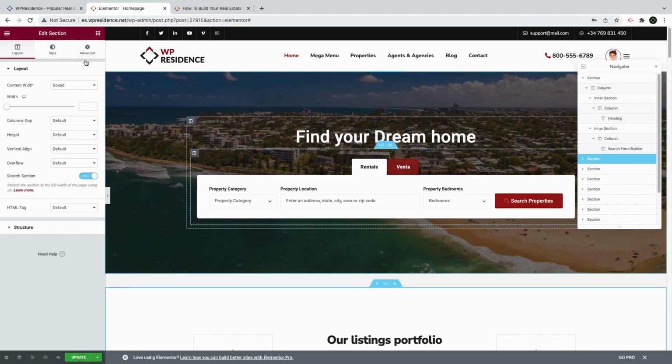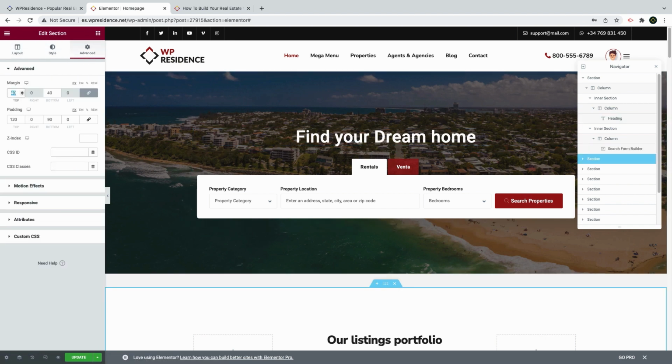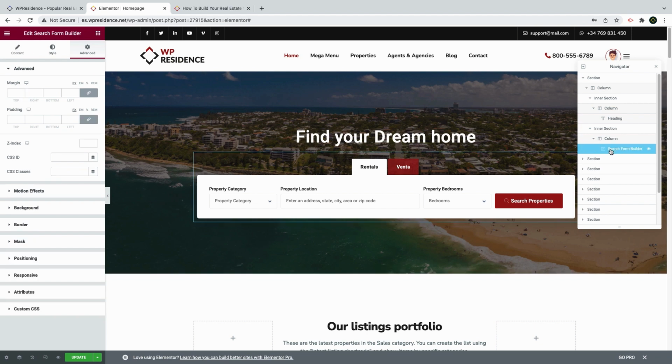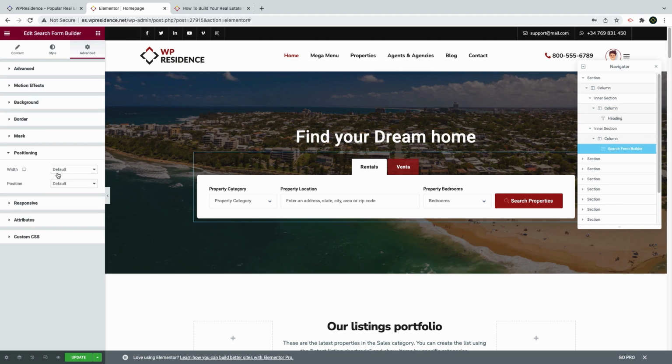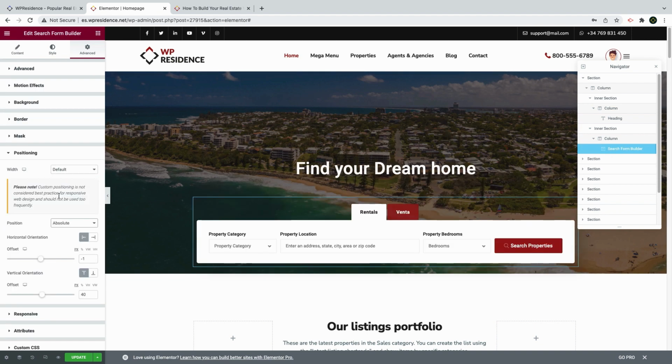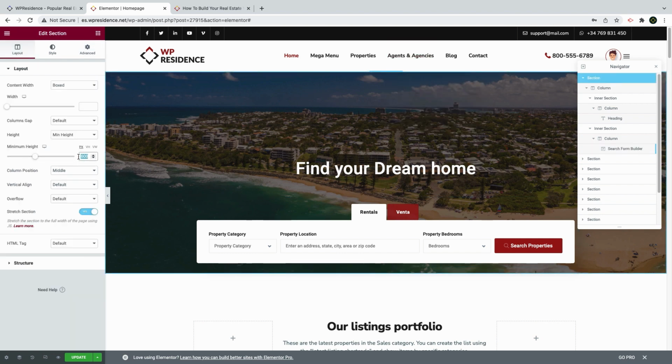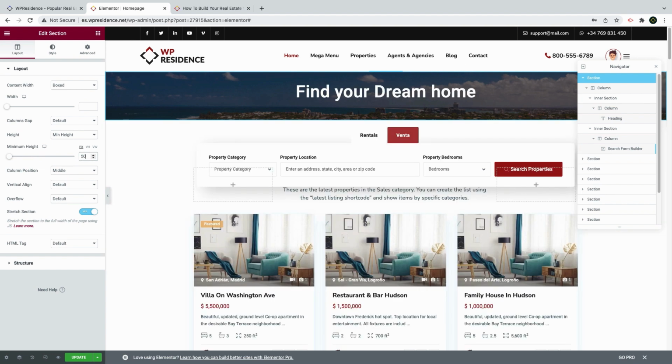I will show you how we can finish the position of the search form builder. First, we will remove the margin we set at the beginning, and now from advanced search positioning we can place the search form builder to show in a different position. I want to make my header now a little bit smaller, so I change the maximum height from here,